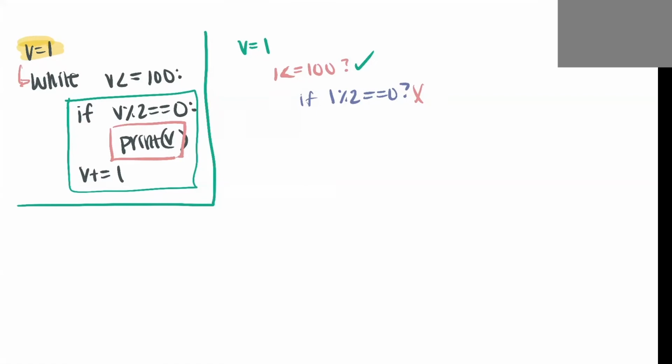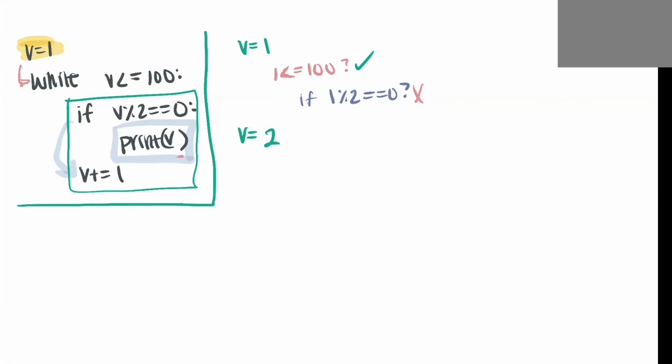So we don't want to use this code block right here, because this statement was false. So that means we skip it and we go straight into v plus equals 1. So that means you increment v. Now your v value is 2. So now that you've finished this code block right here, you're going to go back here and then verify, is